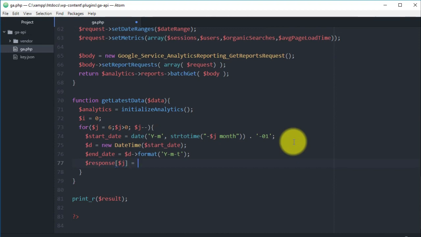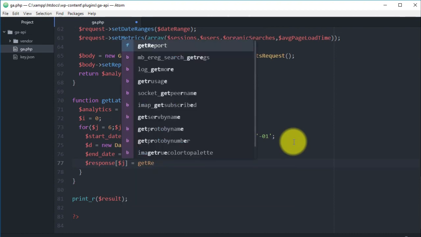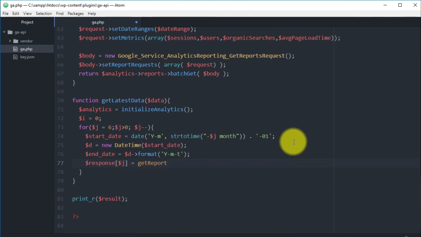So we will get report. So we'll have analytics, and then start date, and then end date, and then here we will have I++, and we will have another variable which is output,